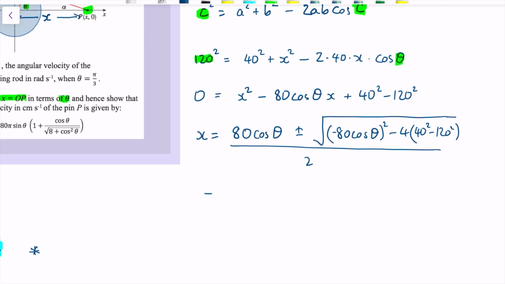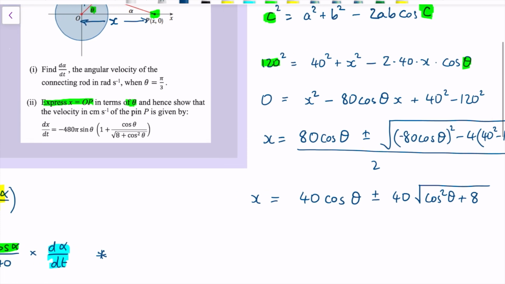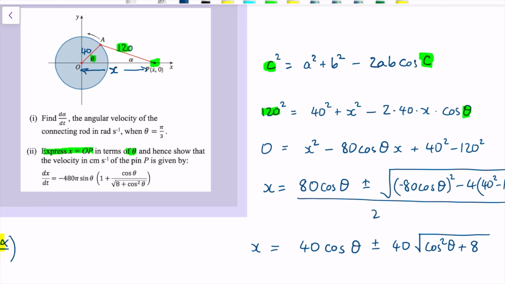I believe if you simplify that down, you end up getting 40 cos theta plus or minus 40 square root cos squared theta plus 8. Okay, does that make sense, that expression? I think we actually just need the positive root. Yeah, if we look at that, x is